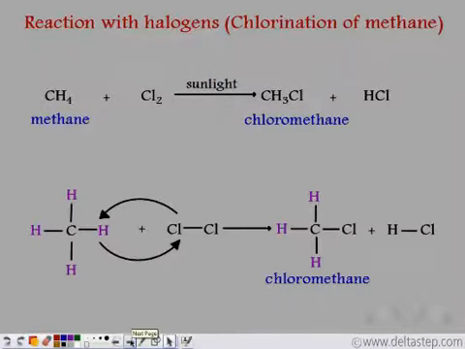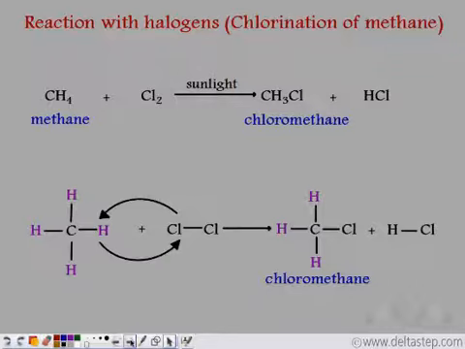So we have methane, that is each carbon atom forms a single covalent bond with the hydrogen atoms, and then we have chlorine, that is Cl bonded to Cl. Now one Cl atom replaces one hydrogen atom and takes its place. So the 3 hydrogen atoms remain in place. One hydrogen atom is replaced by chlorine. So we get a Cl here, and this hydrogen goes and forms HCl. This way the alkanes give the substitution reactions.